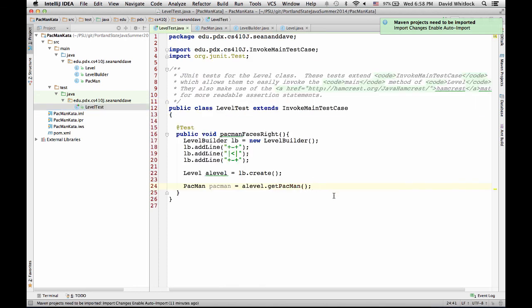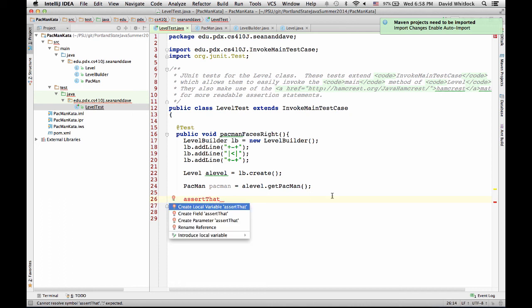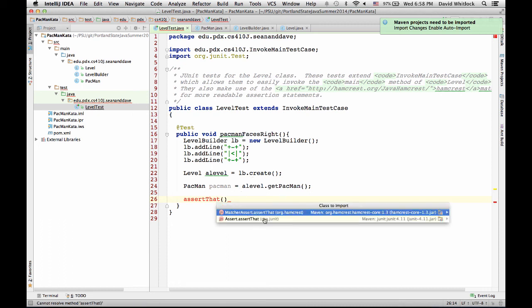And I think we're ready to test the direction. Assert something, finally. So assert equals or assert that? I think assert that. I actually don't use this library very much, so assert that. It doesn't know that's a method yet. Let's static import it.